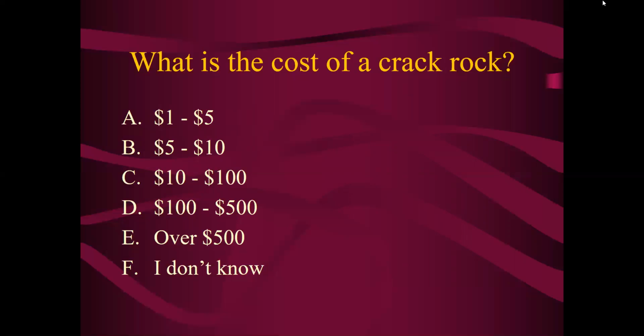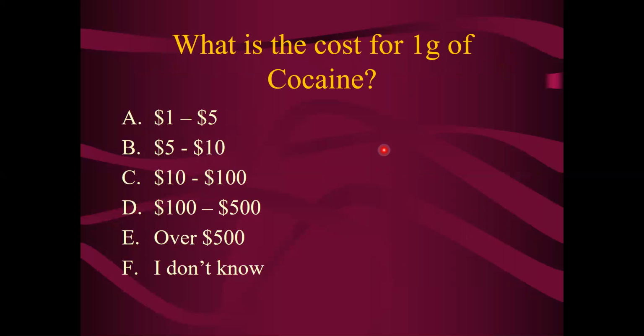If you don't know, and that would be the right answer for this, I don't know. Just keep that dollar amount in mind. What is the cost of 1 gram of cocaine? $1 to $5, 5 to 10, 10 to 100, 100 to 500, over 500, or I don't know. You can make a guess, but hopefully your guess is I don't know, because you should not know this unless